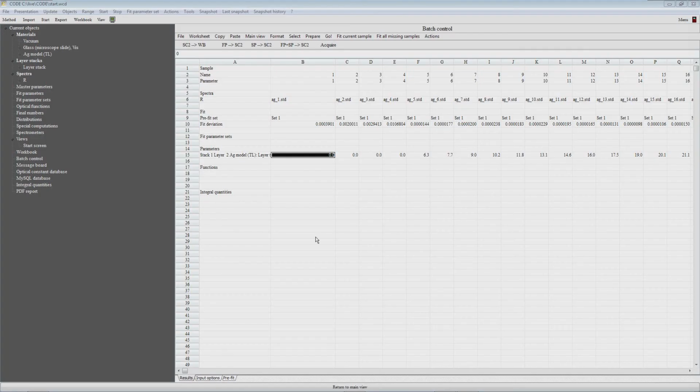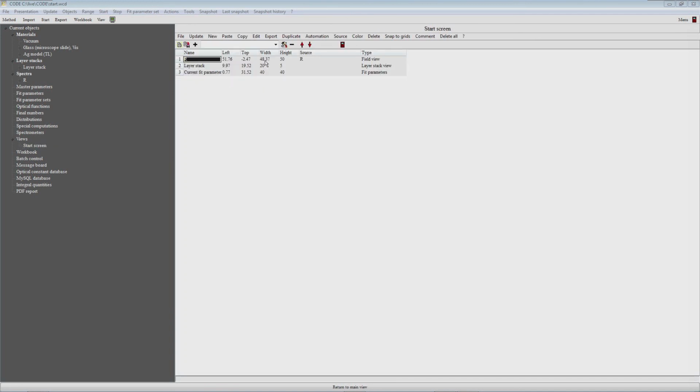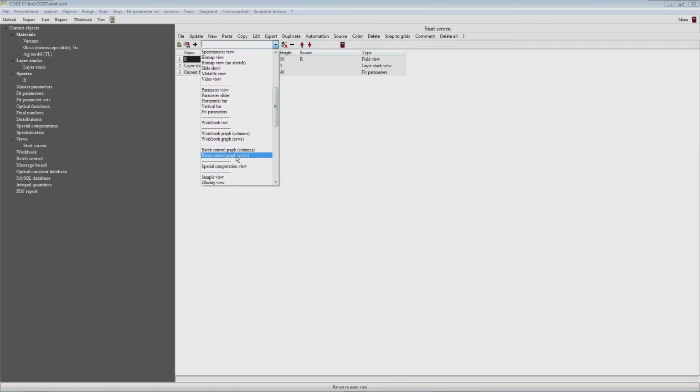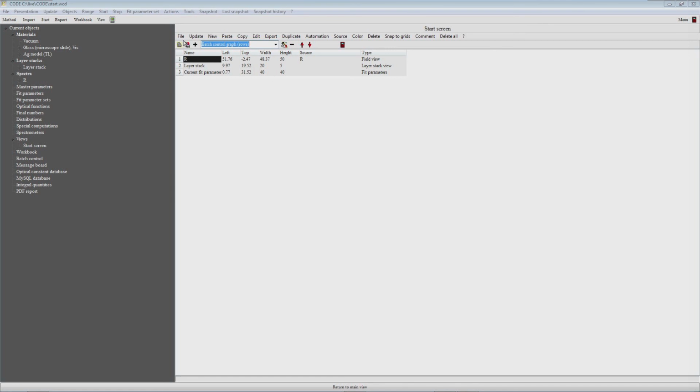Let's go to the list of view elements and generate a new object of type batch control graph rows. That will display data in a graph that we have stored in rows in the batch control window on the results page. So if we generate an object like this, we could call it thickness versus time, and then we can edit this object,